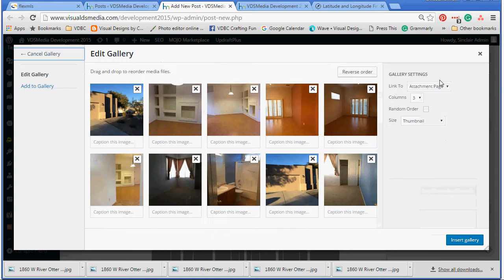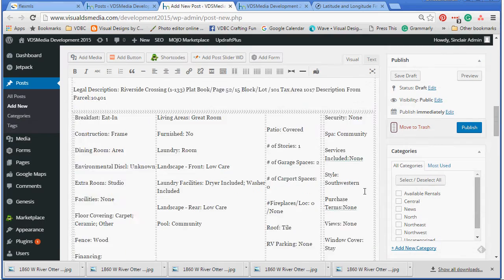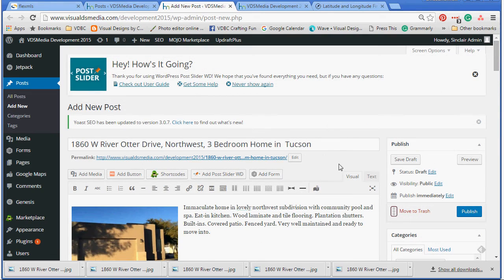And we're going to create a new gallery, an attachment page. We want them to link to nothing. We don't want them to click on the picture and take them away to some random coded page. So we're going to link to none. We have 3 columns, and we're going to insert the gallery. Okay, so now we have finished our actual body of the text, and we have the address and the subject,